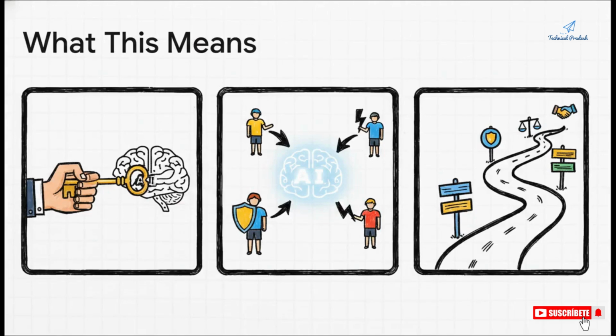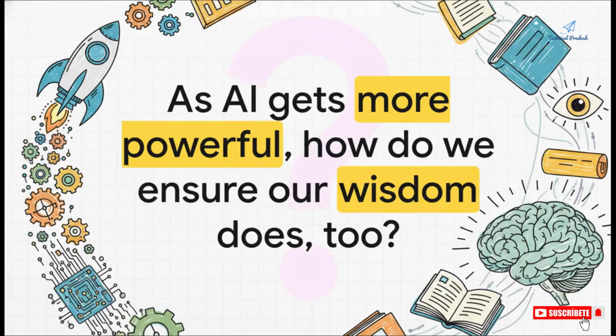So let's bring it all home. What does this mean? For you, the main takeaway is this: the power is in the prompt. Learning to communicate well with AI gives you a kind of superpower. But zooming out, the bigger picture is that these incredibly powerful models are here, and they're empowering everyone, the good guys and the bad guys. And that means the path forward, with responsible, safety-first release plans, isn't just a nice idea. It's absolutely essential. Which leaves us with one last big question to think about.